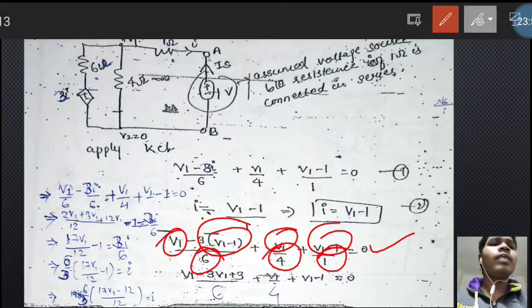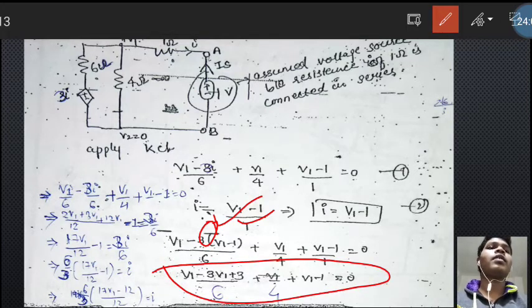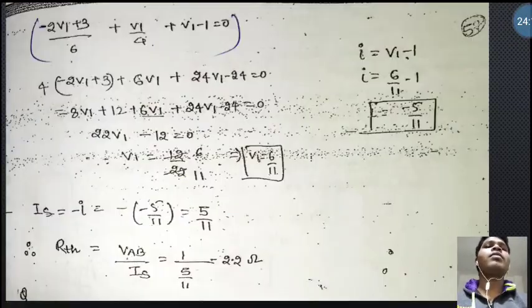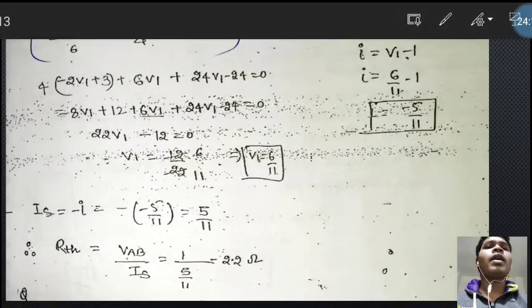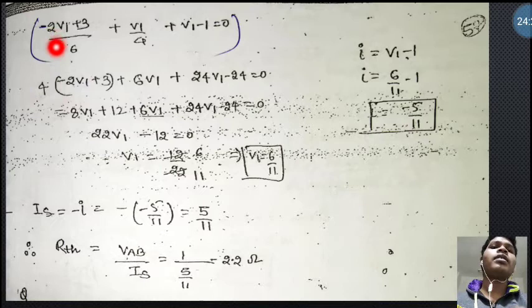Now this can be multiplied, the 3 can be multiplied with both the V1 and the 1. After multiplying this, the equation can be shown like this. Okay, now come to the next slide. So after taking the common terms, we get this equation, and taking the LCM and multiplying by 4, we will get this term, and after taking all the V1 terms to this side, we will get the V1 value as 6 divided by 11.